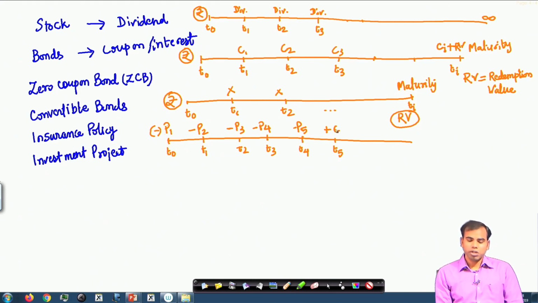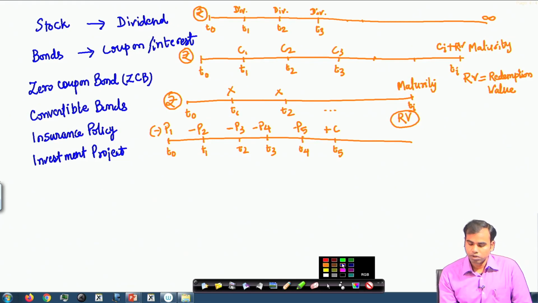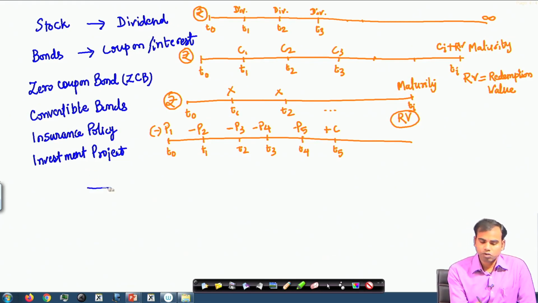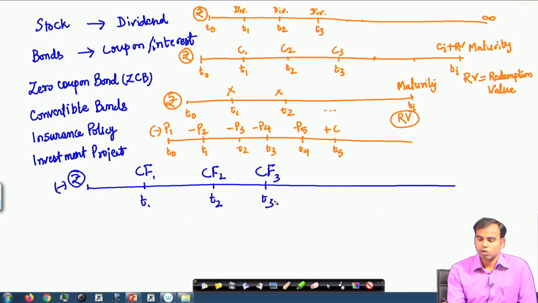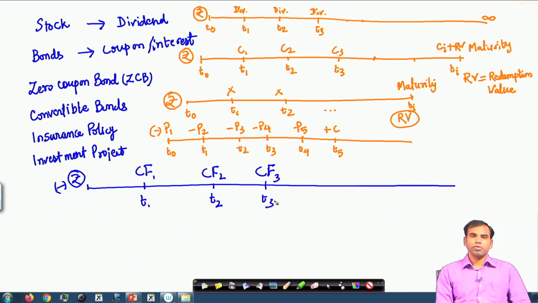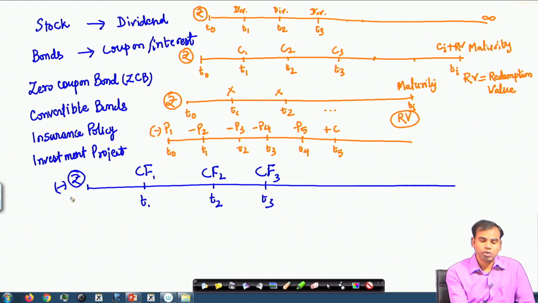Now, a similar characteristic can be generalized for an investment project, where, as already explained, you have to invest some money today, which is typically a negative value, and then you expect some cash flows generated in future, and there will be different time periods for those cash flows. Now, it may so happen that in an investment, you make some initial investment today, which is basically a negative cash flow,